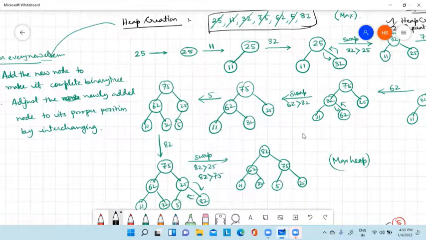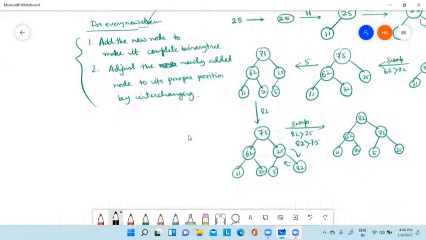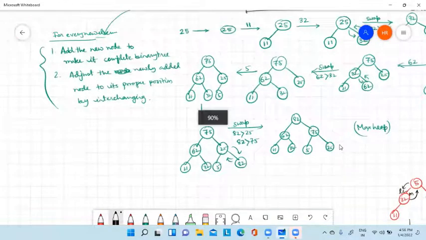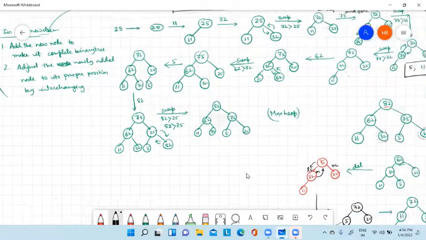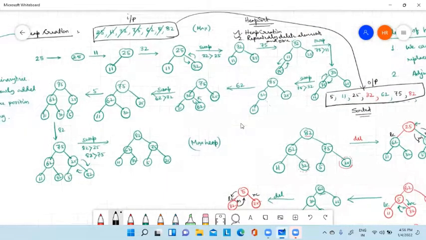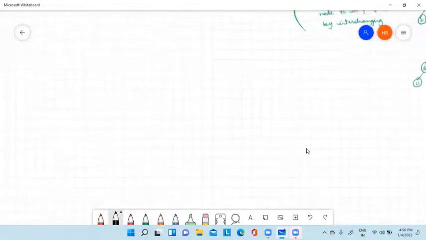Now try to understand how these elements will be represented in the form of an array. So I will take one small example, not the exact one.